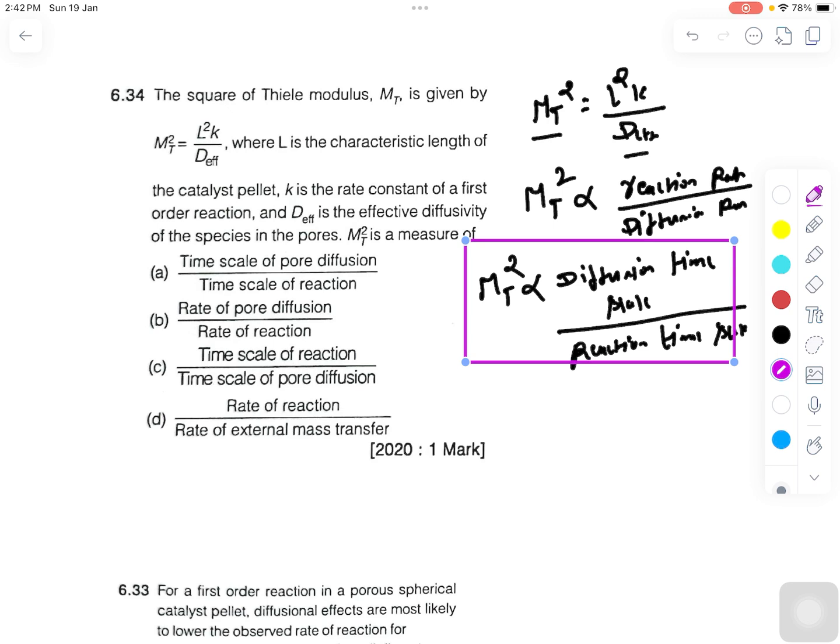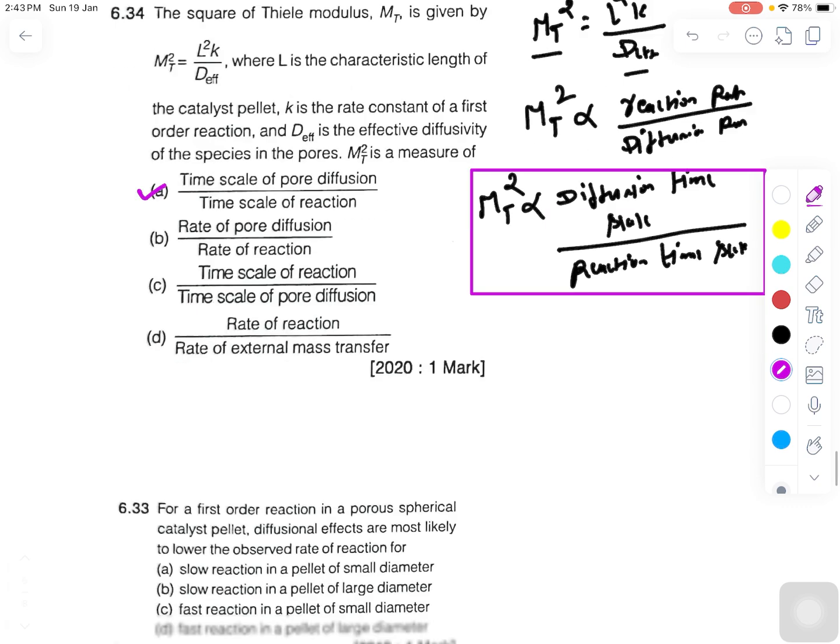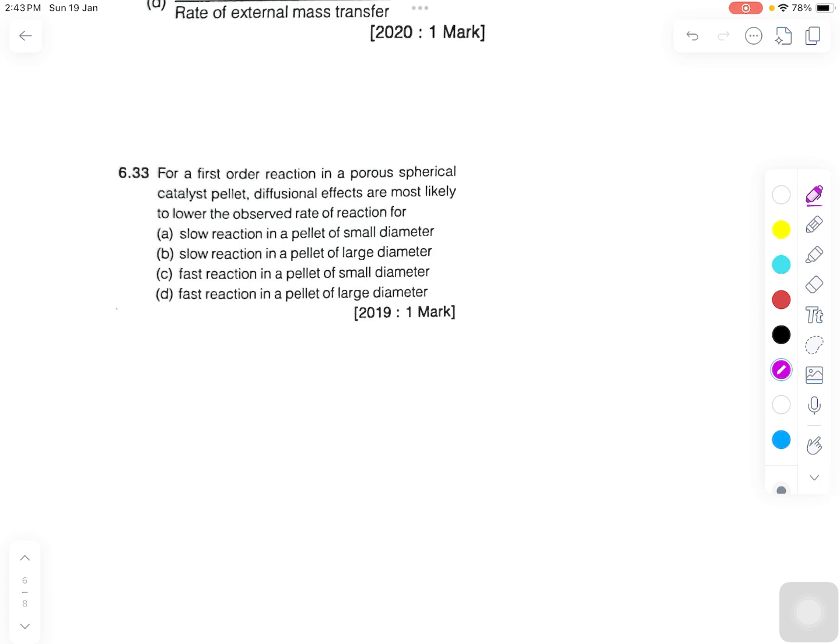So let's try to understand which of the following options will be correct for you. Time scale for the pore diffusion divided by time scale for reaction rate, so option A will be correct, because this is the time scale for the pore diffusion divided by time scale for the reaction that we got also. Okay, now the next question is that for a first order reaction in a porous spherical